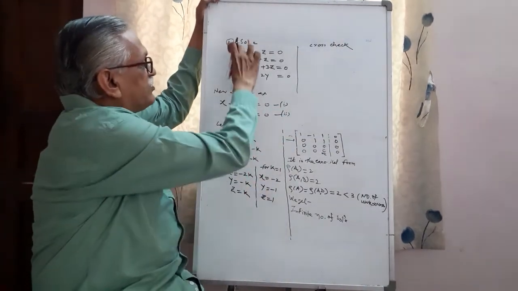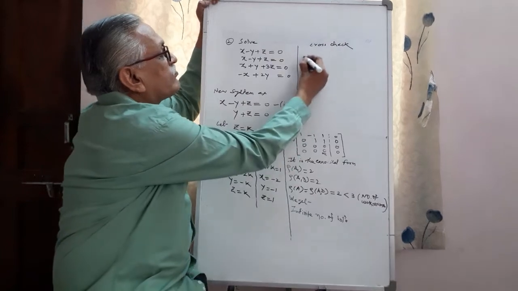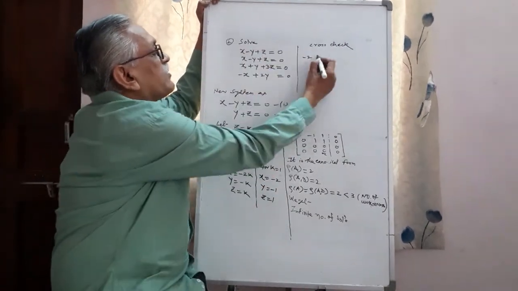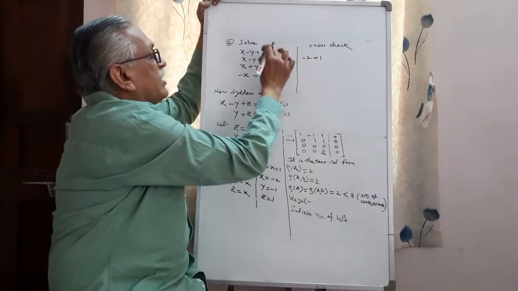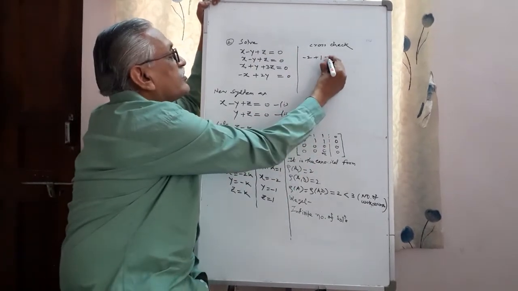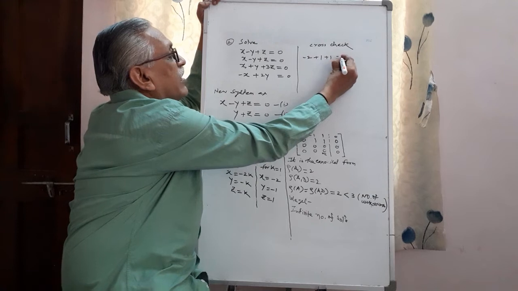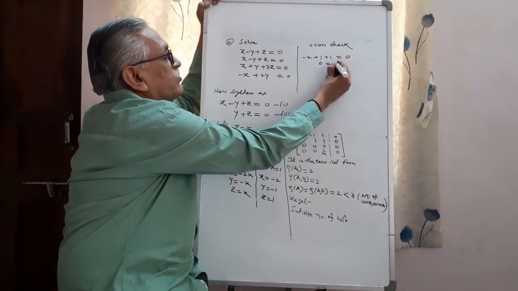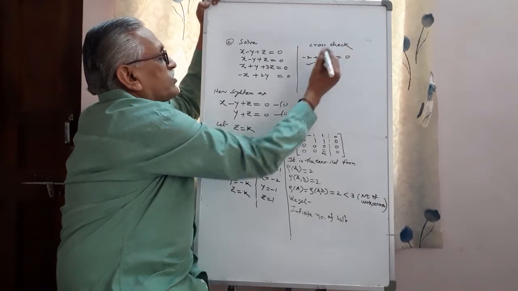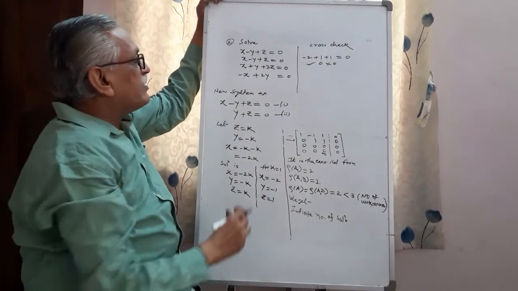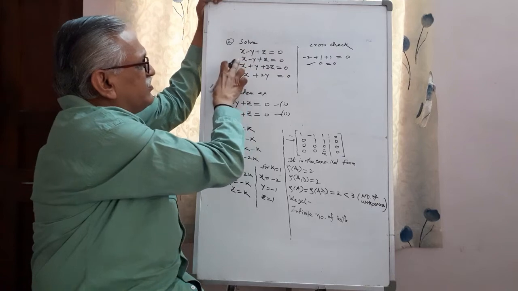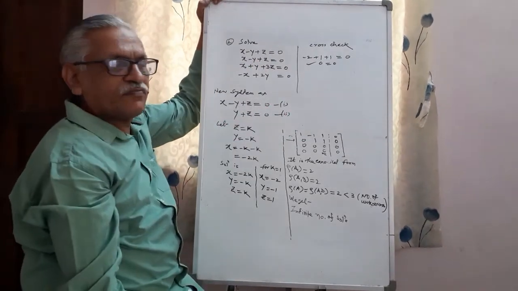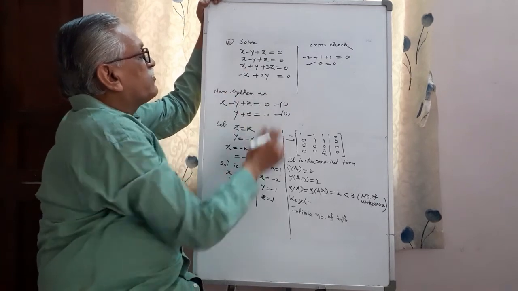Putting these values in the first equation, x is minus 2, y is minus 1, minus becomes plus 1, and plus z is 1, and the value on the right-hand side is 0. Minus 2 plus 2 we get 0, equal to 0. First equation is satisfied. Then we check for the second. The second equation is the same, therefore it is true for this second equation also. We go for the third equation.